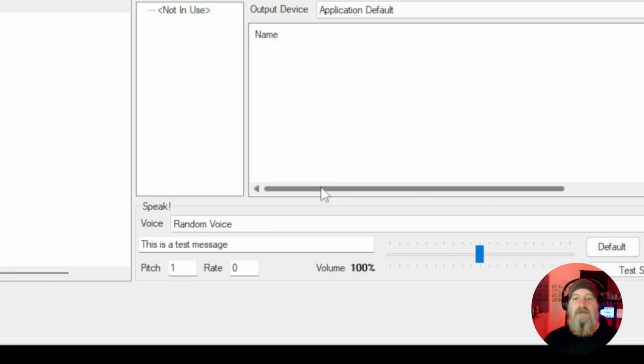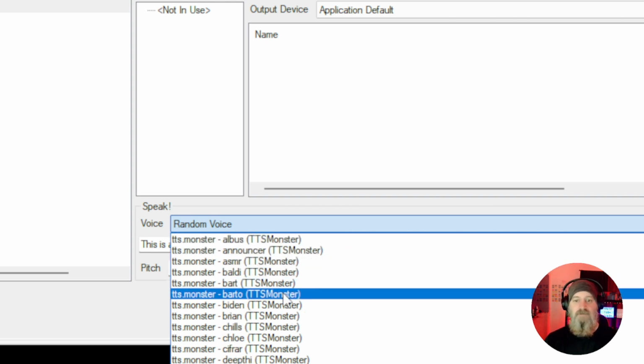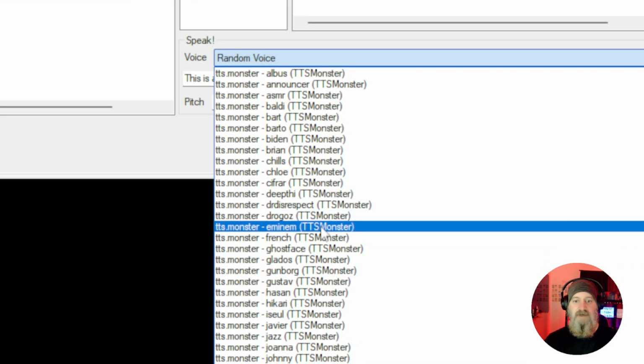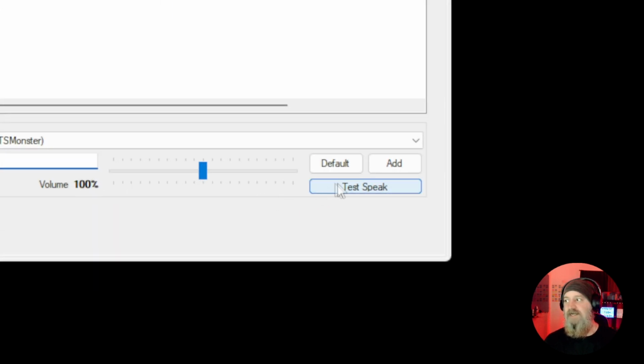Now, we're going to come down to the bottom, and this is where you get to pick the voice for that person. So we're going to pick a voice for Bearded here. We're just going to give him, I don't know, Ghostface. Okay. And if you want to hear what the voice sounds like, you can type a message in this box. This is a test message is the default. And if we come over here and click the test speak button,